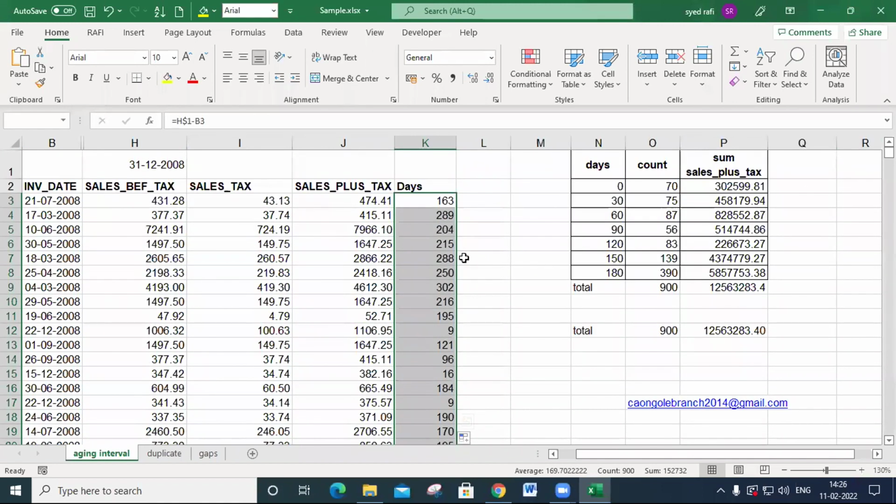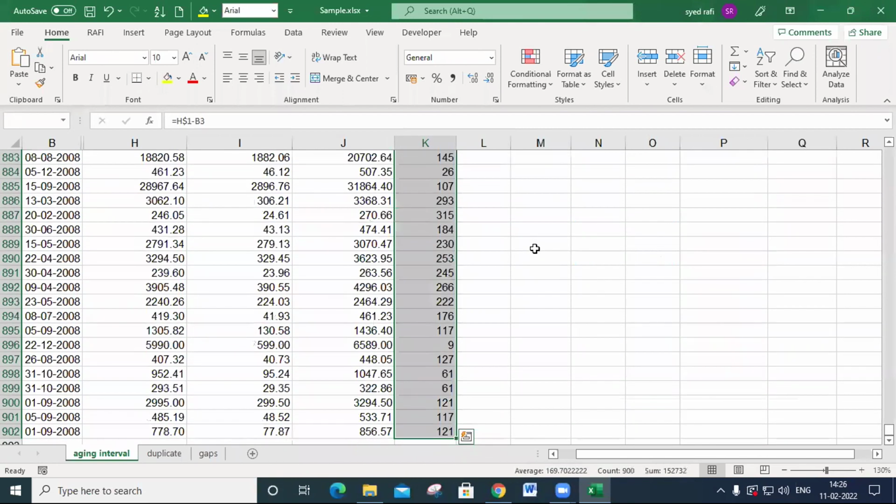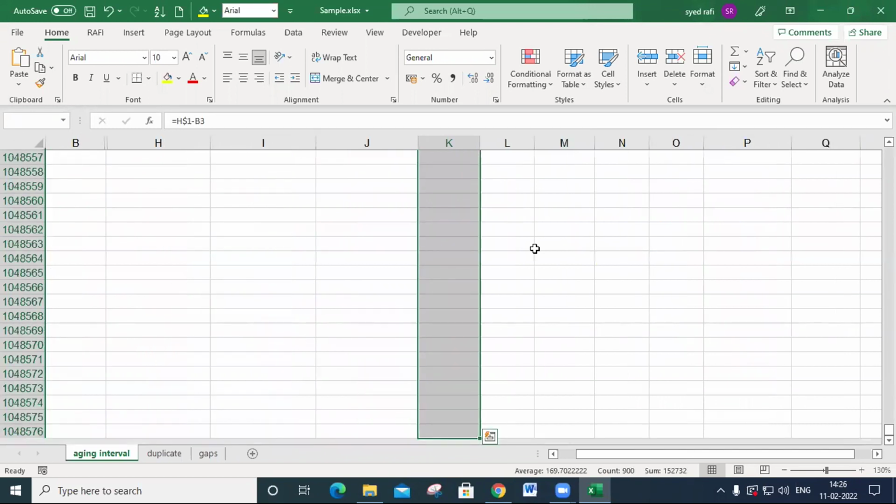Then, sir, it will take till the end of the sheet now, but I want to stick on the end of the table only. That is on 902. No. I am saying I click here and press Control Shift. Only one time you press the down arrow. Automatically at the end of the table, it will be selected. If you again press the down arrow, it can reach the end of the sheet.